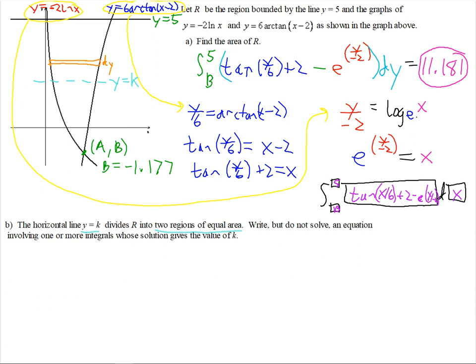And so again, you have the choice here. You could set the integral from b to k equal to the integral from k to 5. Or since we know the whole area, you can just use 1/2 of it. This is right, but do not solve this one, we just have to set it up. So I could go b to k or k to 5. Either way, I'm going to go from b to k. And it'll be the exact same thing we had here, the right minus the left. So tangent of y over 6 plus 2